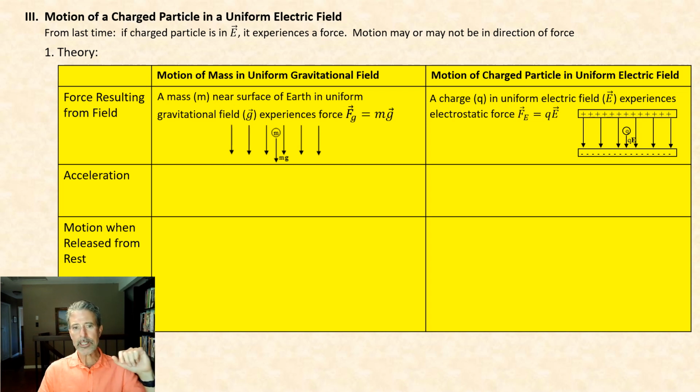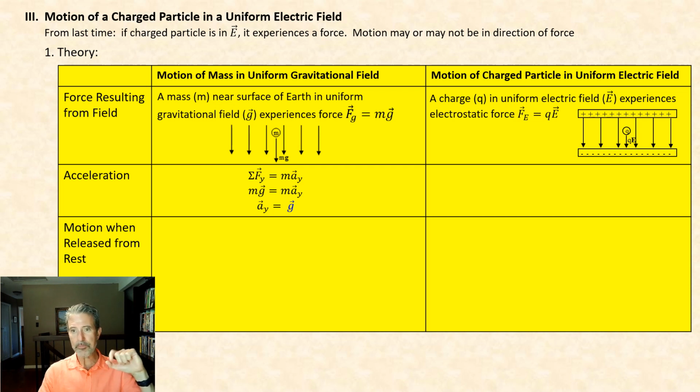When we apply Newton's second law to determine the acceleration of either the mass or the charged particle, we see here that on the left-hand side of Newton's second law, the net force acting on our mass is just its weight, mg. Set that equal to the mass times the acceleration, and we come up with this fairly obvious conclusion that the acceleration is simply g. And this vector g, when we're talking about a gravitational field near the surface of the Earth, has a magnitude of about 9.8 meters per second squared, and of course it has a direction that is always downwards towards the